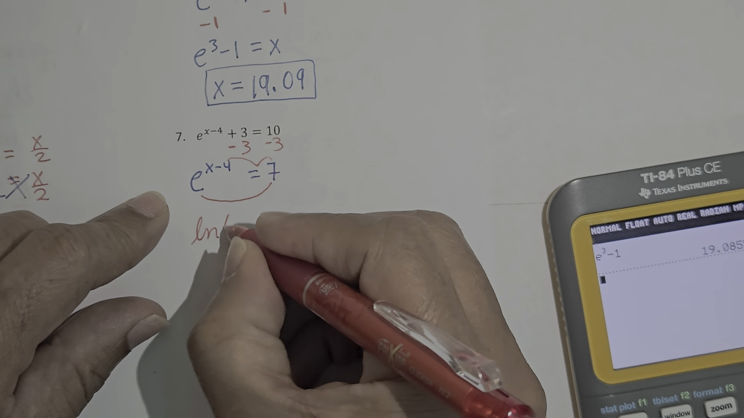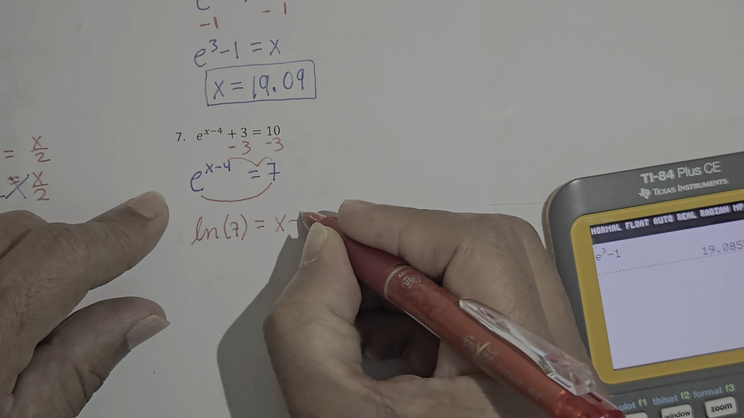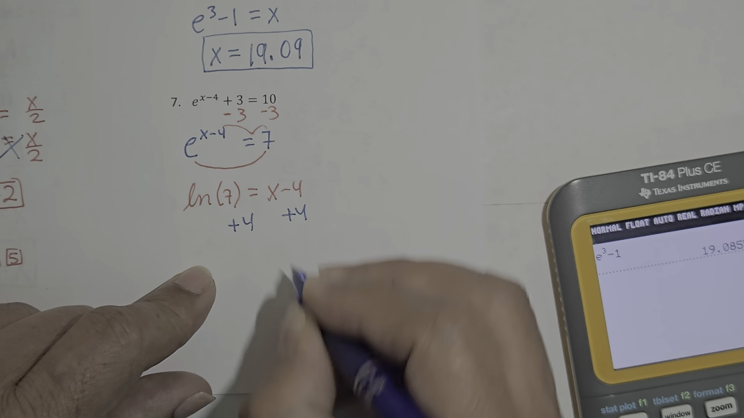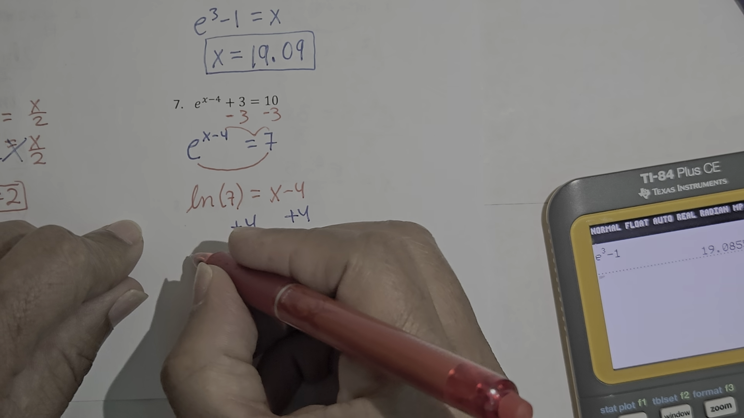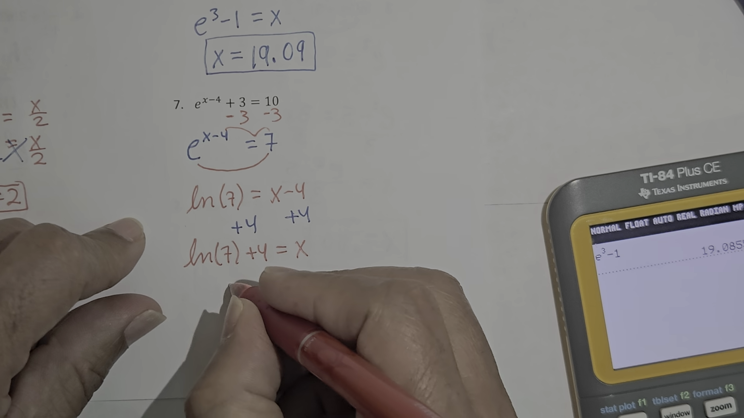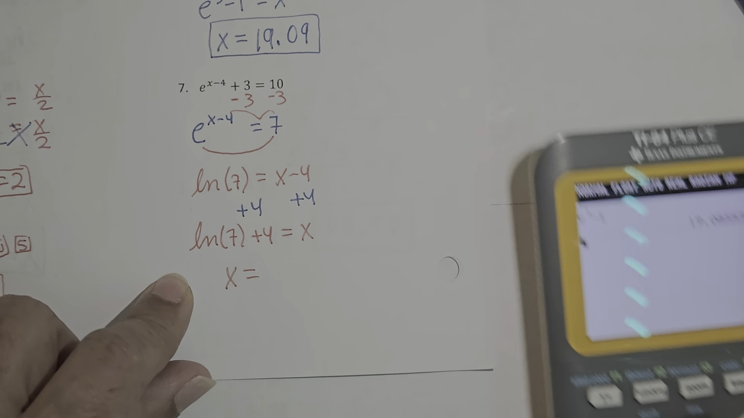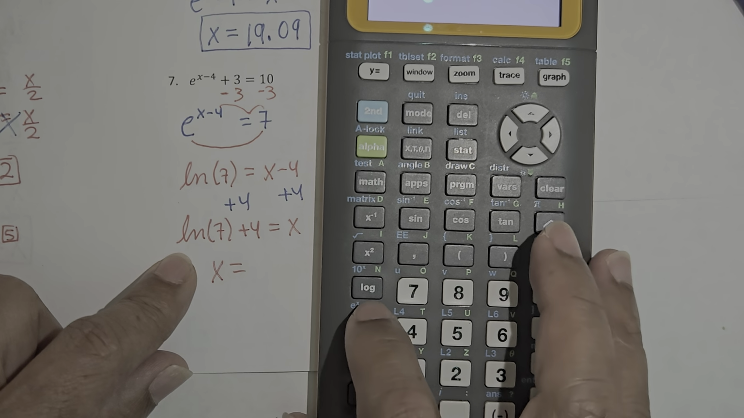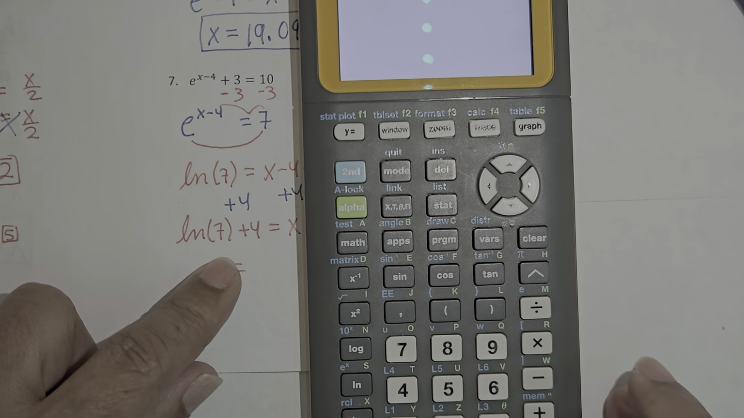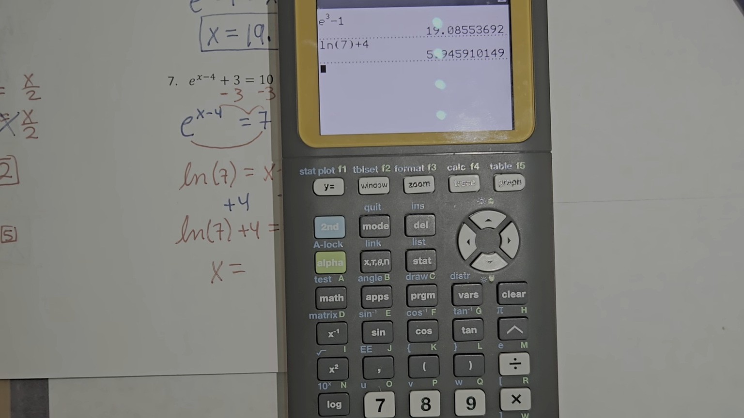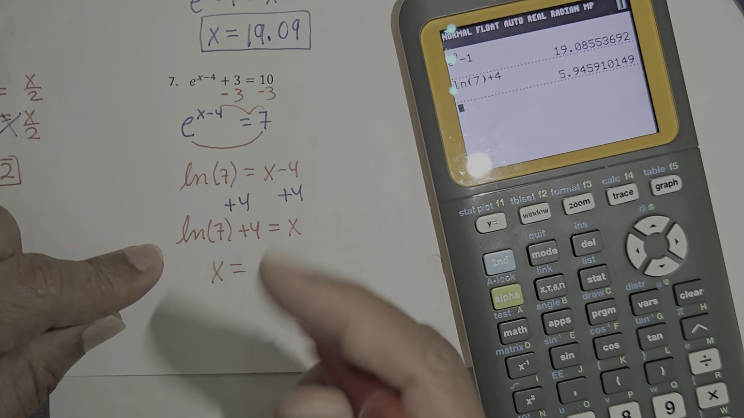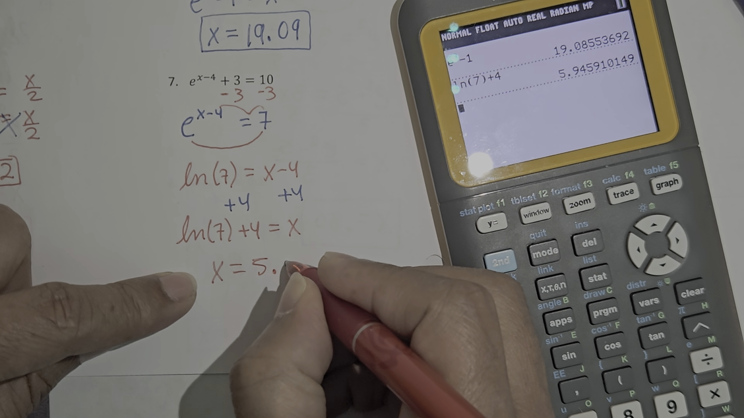So this is what I just said: natural log of 7 is equal to x minus 4. And then I'm going to add 4 to both sides of the equation. And again, be careful with this. That 7 is outside of the parentheses. So this is ln, or natural log of 7, plus 4 is equal to x, which means x equals, then just enter this in the calculator. This is the natural log key, and then 7 inside of the parentheses. Then let's add 4, so plus 4, and then press enter. And it gives us 5.945. So I'm going to round this to 5.95. And that is the approximate value for x